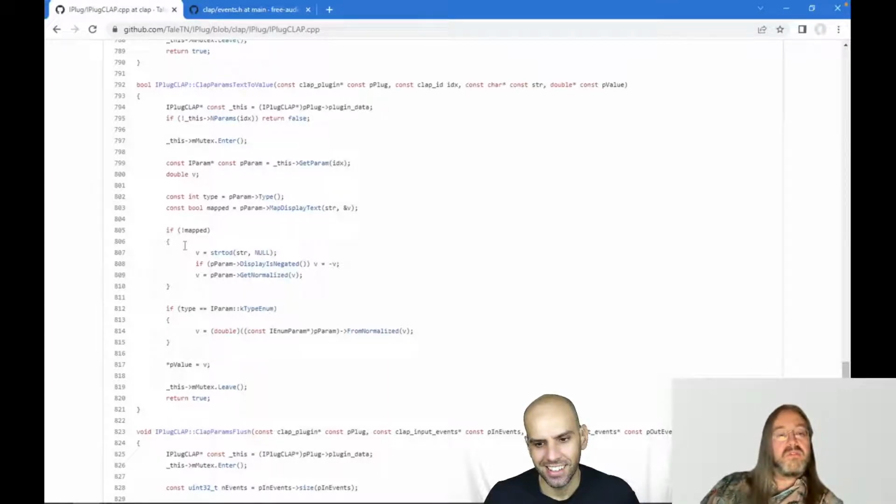Now, first of all, CLAP defines a minimum and maximum in the parameter info, and it's not explicitly stated, but I assume that the host and the plugin should not go outside of that range. And the other thing is, it's very likely that at some point you will convert that value to a normalized value. And of course, that will also go terribly wrong if you go outside of the range.